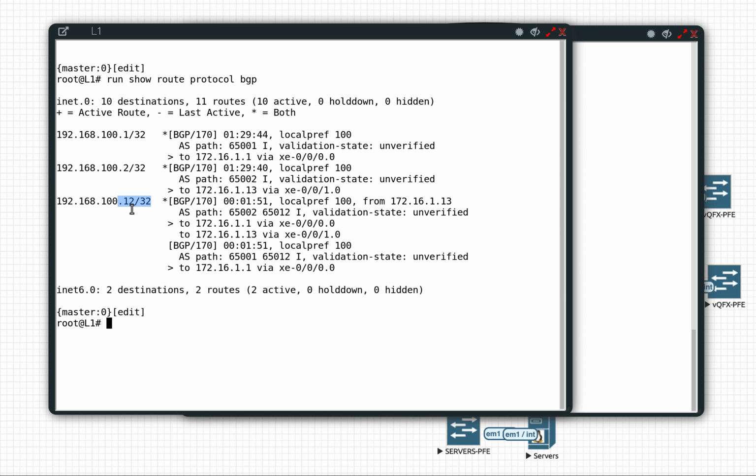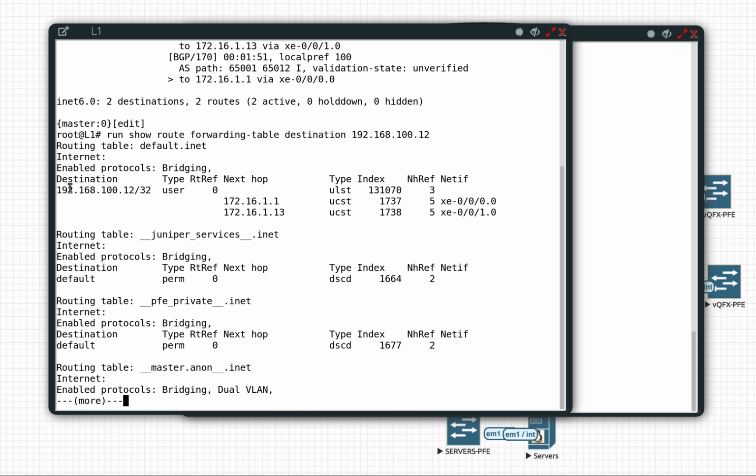So you are getting a route, it's 192.168.100.12, which is from leaf 2, and if you want to do run show route forwarding-table destination 192.168.100.12, and if you check this, for this one actually you are doing the equal cost multipathing, but